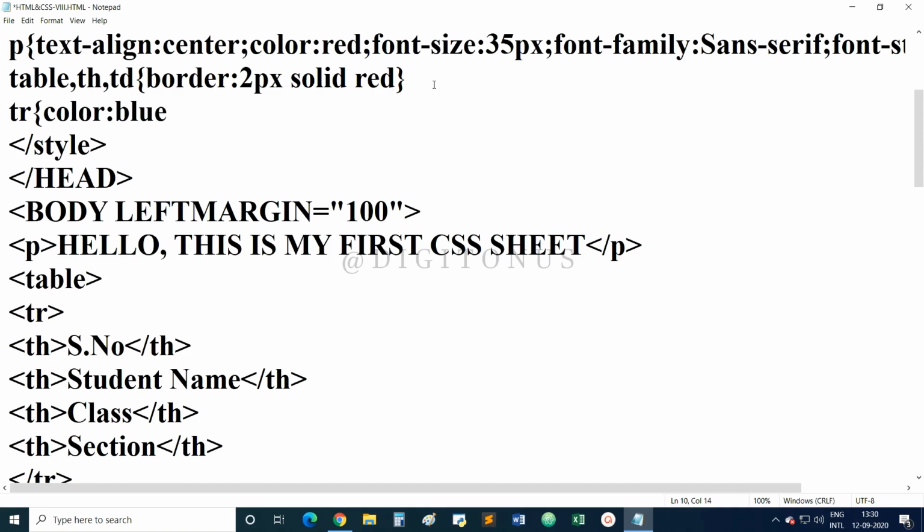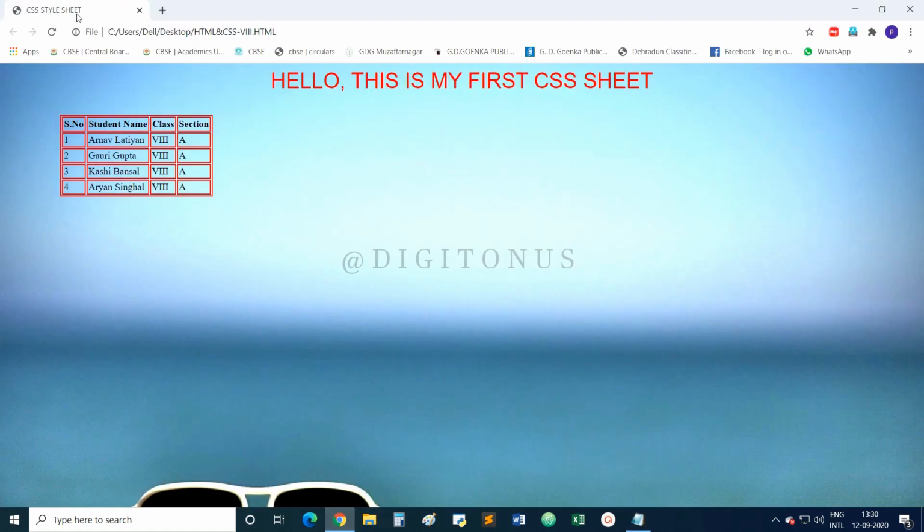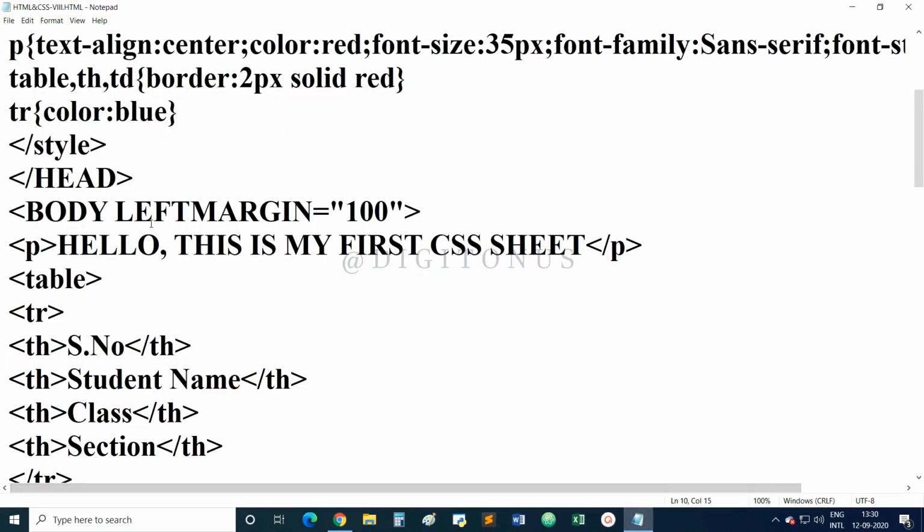Okay, save it and refresh. Now you can see the text color has changed to blue from black. So if you want to change the text color, then you can change the text color by using this tr color blue.